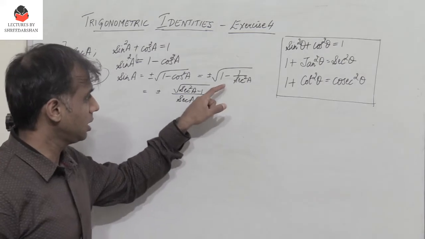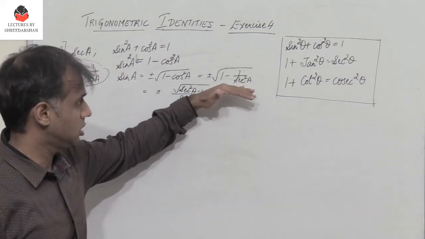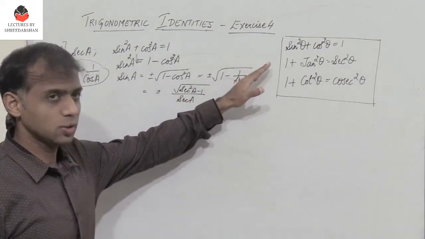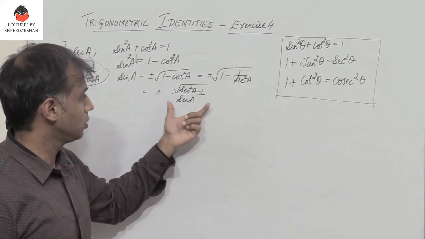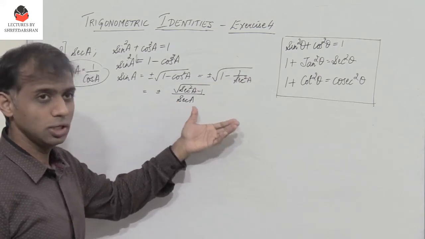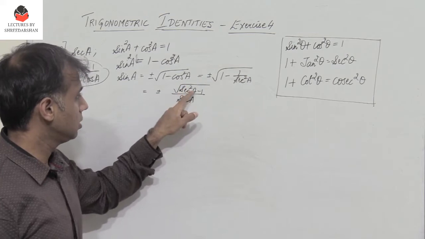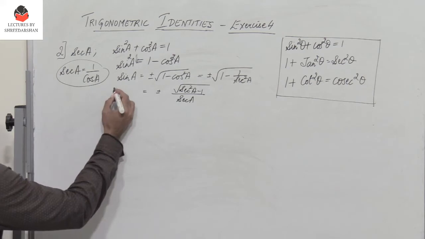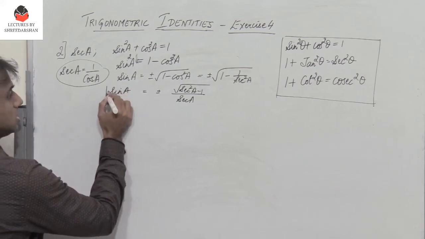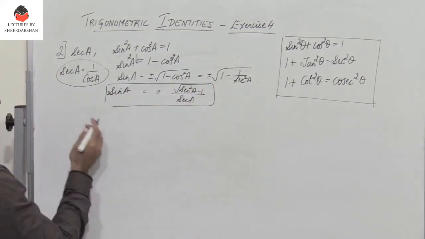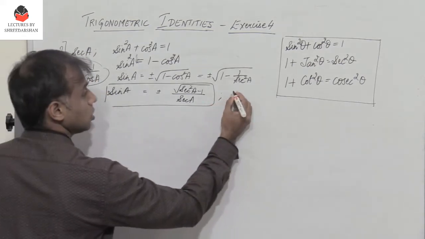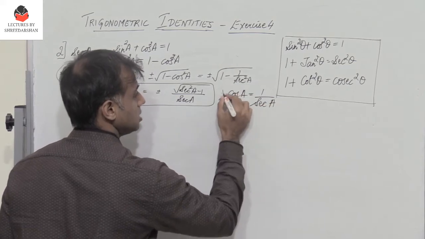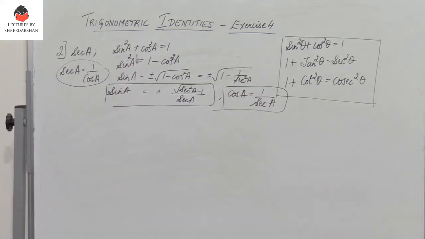If I take the LCM here, I get secant square A at the denominator. Numerator, I would get secant square A minus 1. So I've taken the square root. So therefore, in the denominator you get secant A, because I have removed it from the root sign, and on top you have root of secant square A minus 1. So this is sine A, representing sine A in terms of secant A. Next, representing cos A. So what is cos A? Cos A is nothing but 1 by secant A. Very easy. Next, I need to represent tan A.